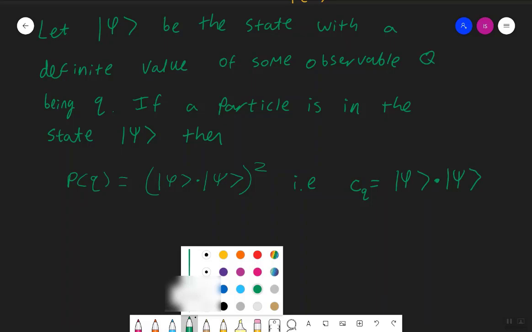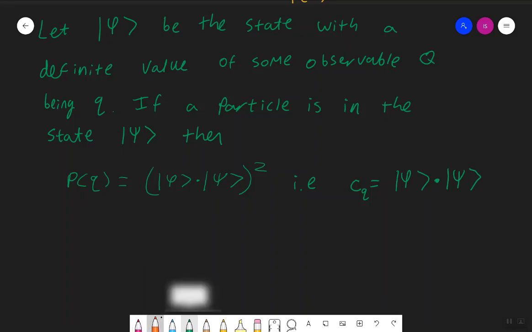Now, the last thing that I want to talk about in this video is a special case of this. Special case is psi equals phi. And what that means is the particle is already in the state with the definite value of Q. Right? That's what psi is. Psi, the state of the particle, is in the state with the definite value of Q. The probability of getting Q then would be, well,